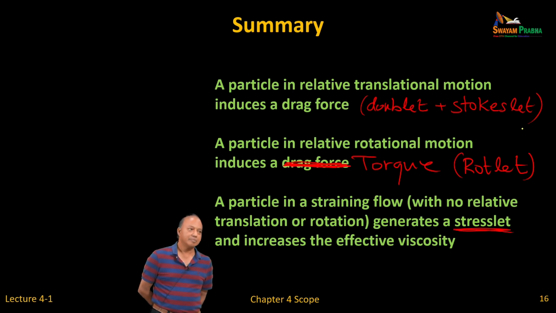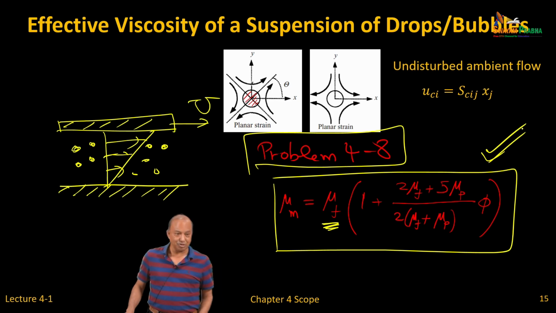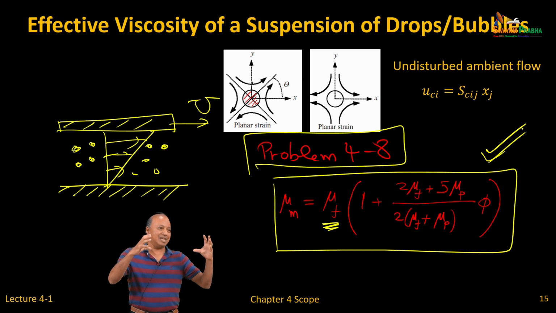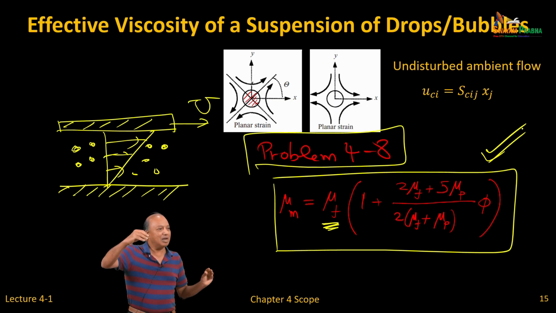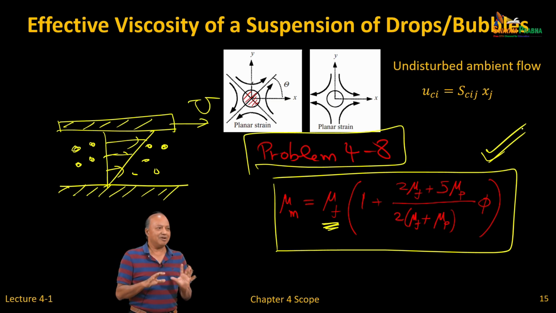Yes. But the effective viscosity in both the cases will be the same. No, even if you ignore, this is a great question. This is all assuming the particle, the bubble or the droplet are not very compressible, they remain spherical, etc. The actual droplet problem could be much more complicated because they can become elongated and so forth. So the result in this slide is a very simplified assumption that they all remain spherical, they are very small. In that limit this result applies, and the volume doesn't change due to compressibility,